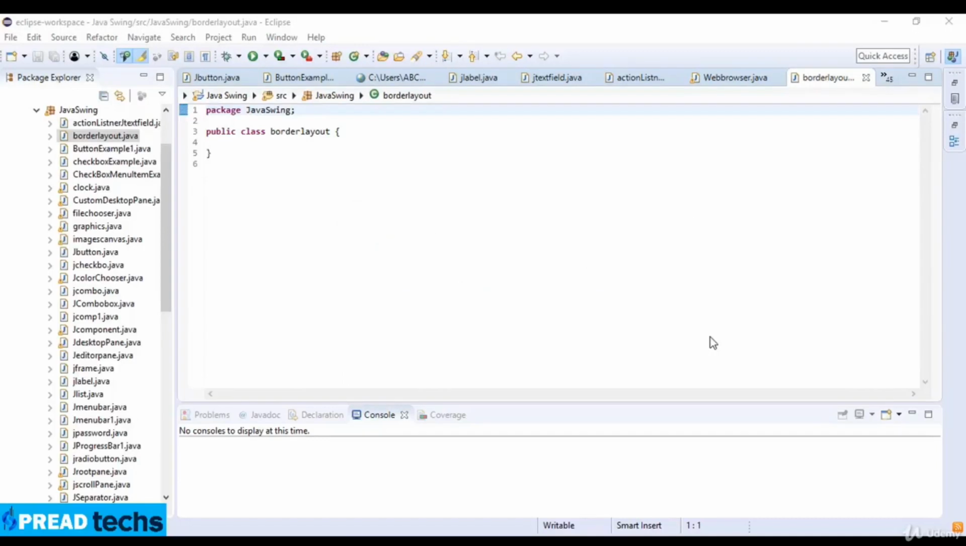Welcome to this lecture. In this lecture, we are going to learn about the border layout, or the border layout managers, in Java. Layout managers are used to arrange the components in a particular manner. Layout manager is an interface that is implemented by all the classes of the layout manager. There are following classes that represent the layout manager, such as